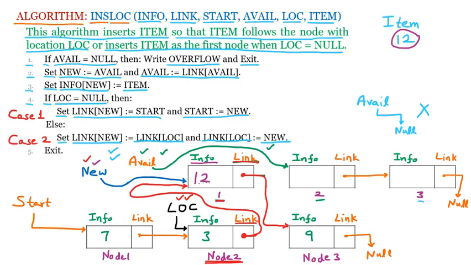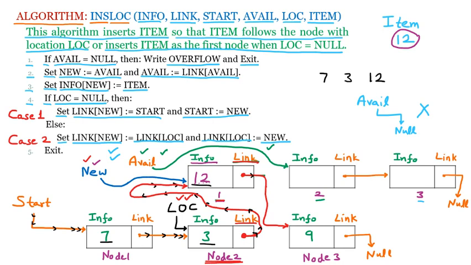So if we go and traverse this linked list, we will go with the start. Then this start is going to the first node which is having 7. So it is displaying the 7. Then afterward we are having the link part which is pointing to the next node which is 3. So 3 is displayed. Then we are again going. Now you see the pointers are modified, and if we are going with these pointers, then they will make us reach on the position of 12. So then 12 is reached, 12 is displayed. This is the 12 which we want to insert, and we have inserted.